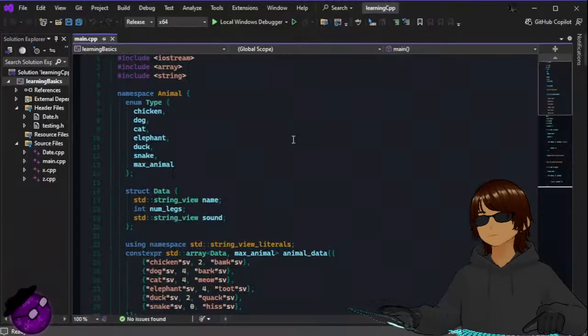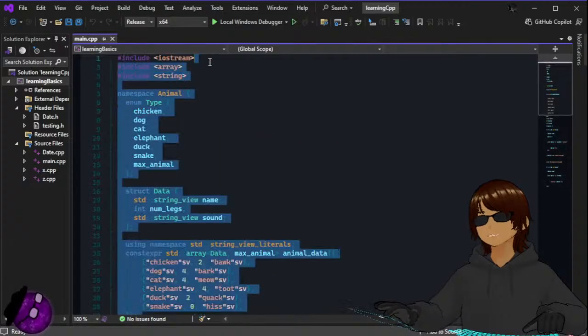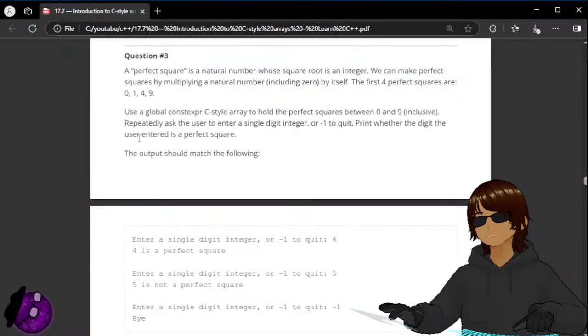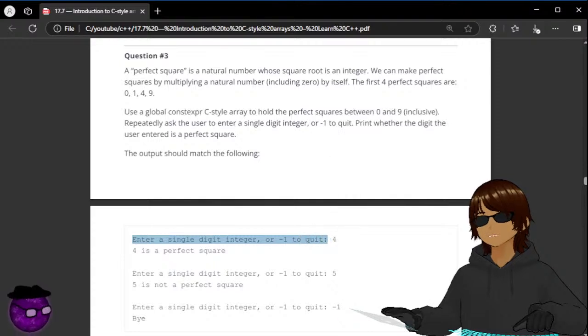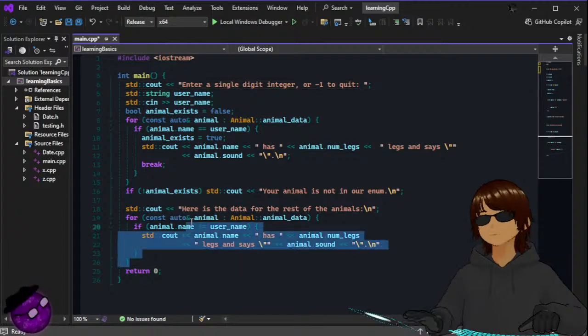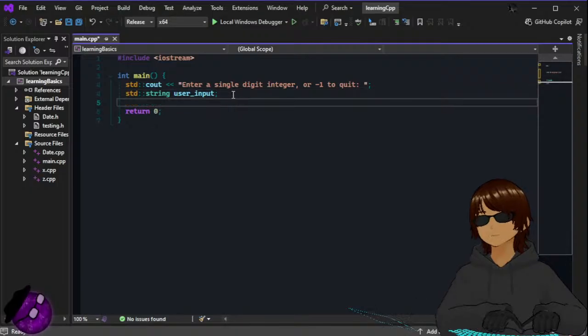Okay, let's see. I need to remove this. This is from the previous stream. So std::cout, enter a single digit integer or -1 to quit. User input, and then